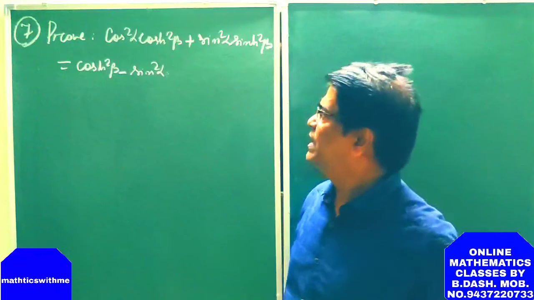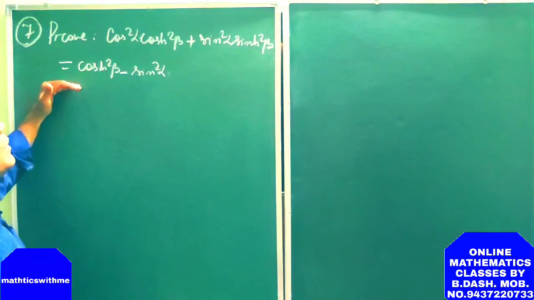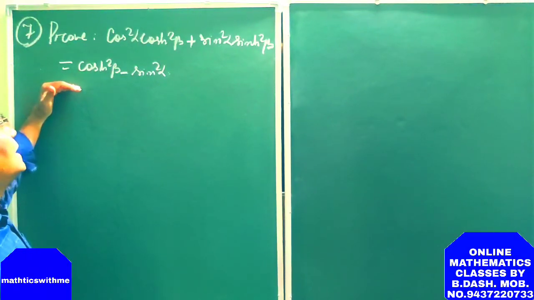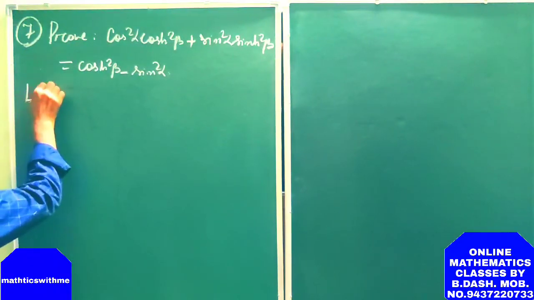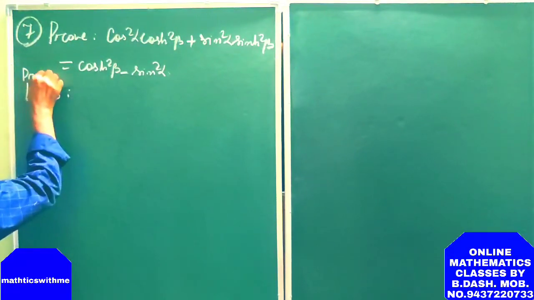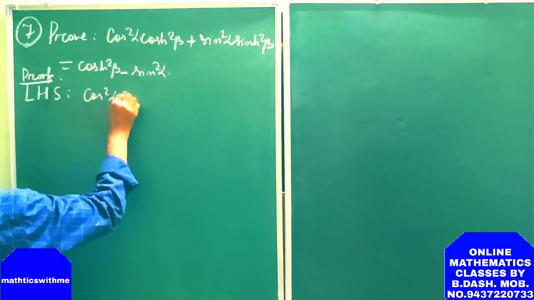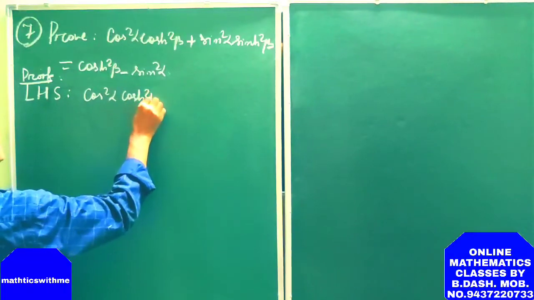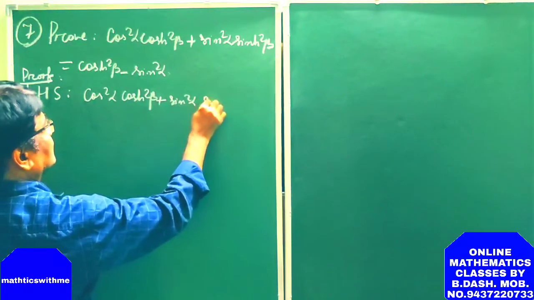Our next question is, prove that cos square alpha cosh square beta plus sin square alpha sinh square beta is equal to cosh square beta minus sin square alpha. So let us start with the left hand side. Proof. Cos square alpha cosh square beta plus sin square alpha